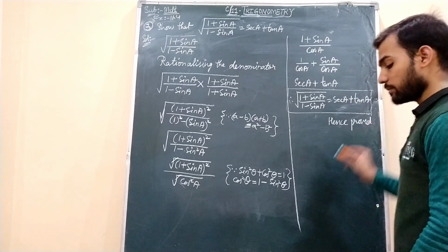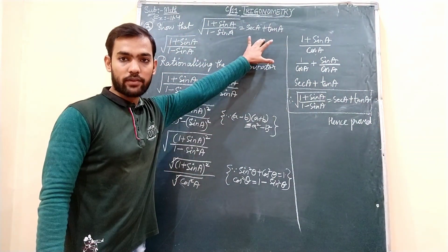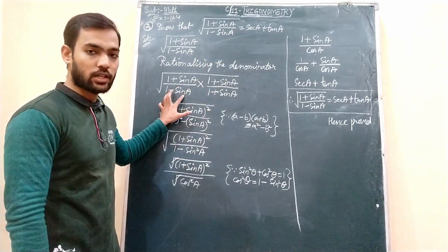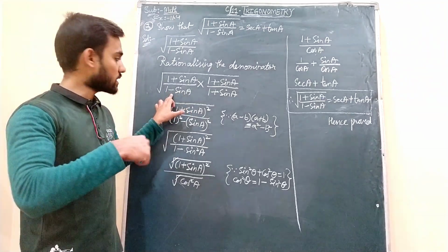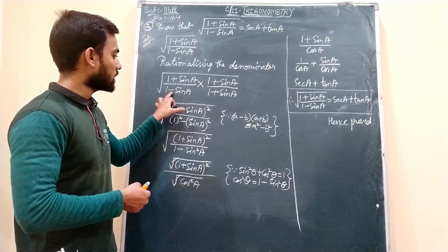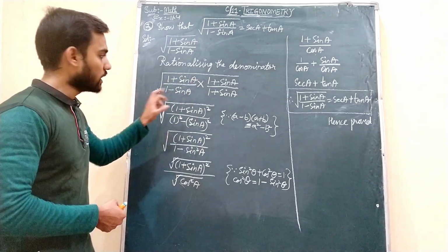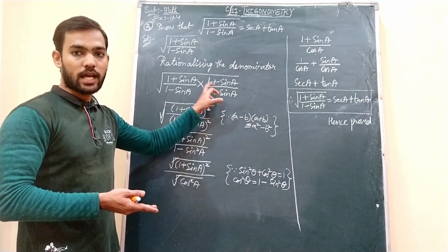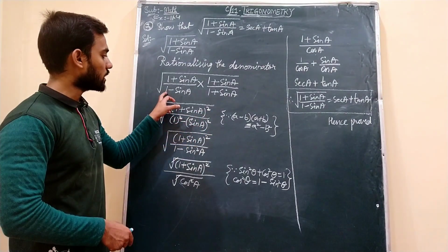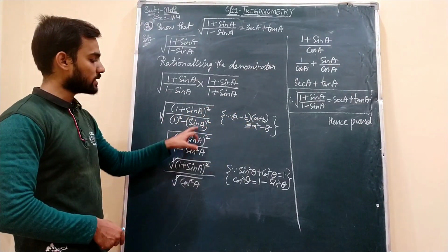Okay students, I will repeat it again. LHS we have taken, and on the RHS we don't have any root, so that is the reason for rationalizing the denominator. The process is that you need to check the denominator, whatever sign is there, by changing that sign the same expression needs to be multiplied to the numerator as well as the denominator. Here minus was there, so we wrote 1 plus sine a, and we are multiplying numerator as well as denominator. Since these are twice in multiplication, I wrote it as a whole square, and in the denominator it is like a minus b into a plus b, which will become a square minus b square. So I wrote 1 square minus sine a whole square.